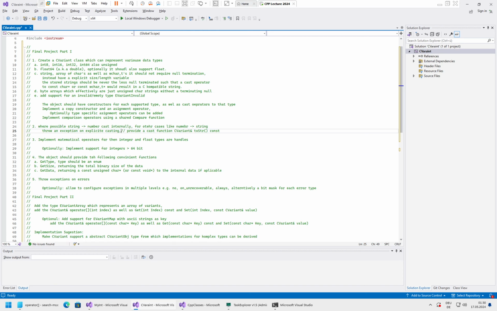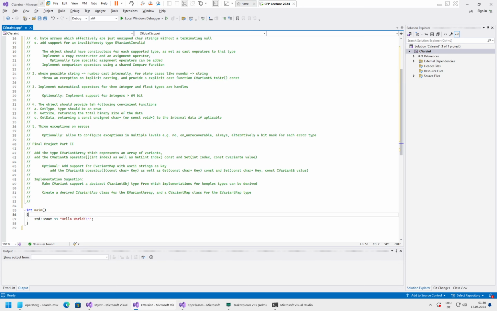So if a cast is not possible, and provide an explicit cast function of this type. So the idea here is that you can make the conversion and then you return a new variant, which then is of the right type. So if somewhere you want to really use it, you could have, say,